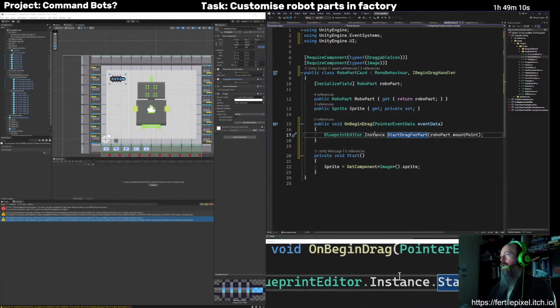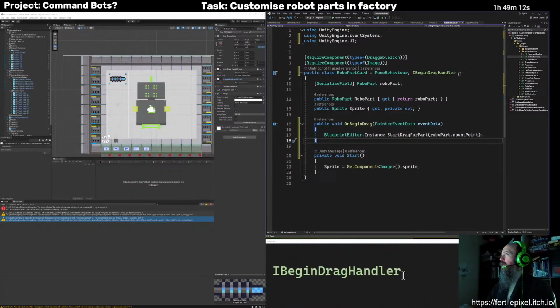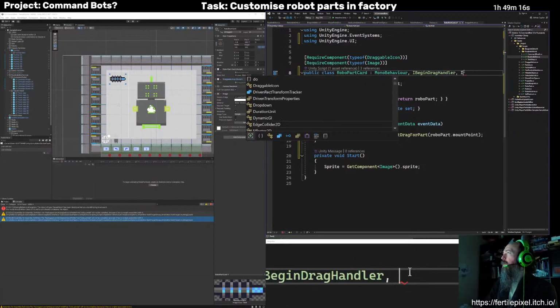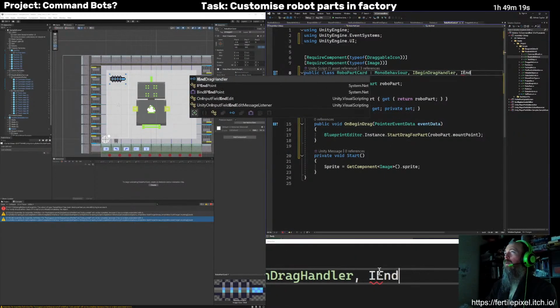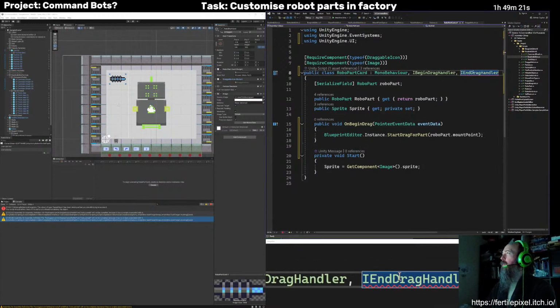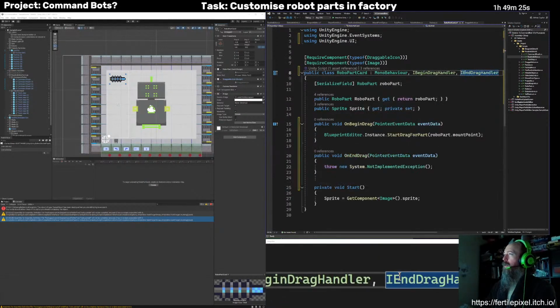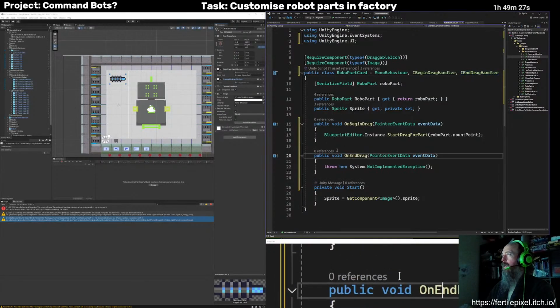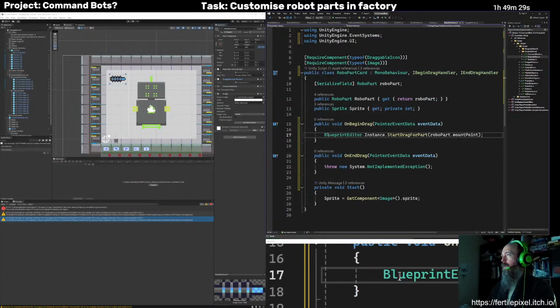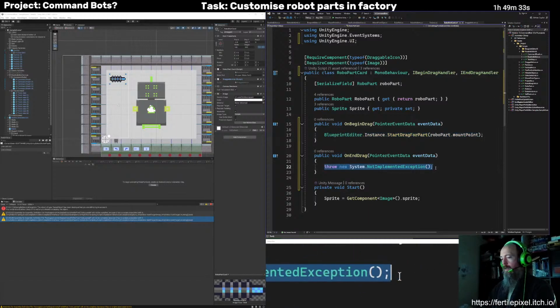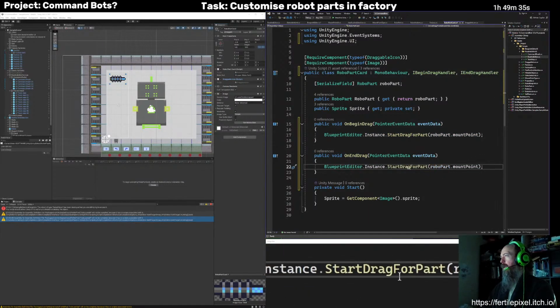There we go, and we'll also probably need the IEndDragHandler. So this is just the same thing, but end. And so we'll do the same sort of thing, just so it can tell all the things to stop highlighting now.